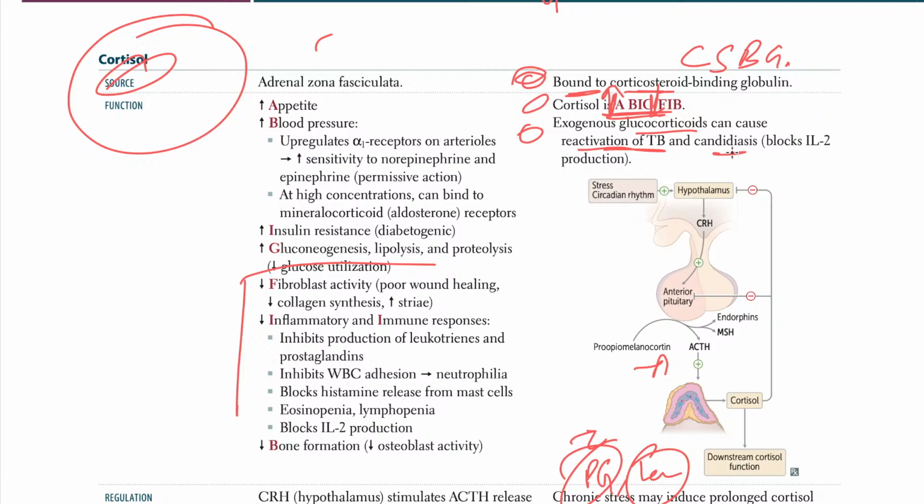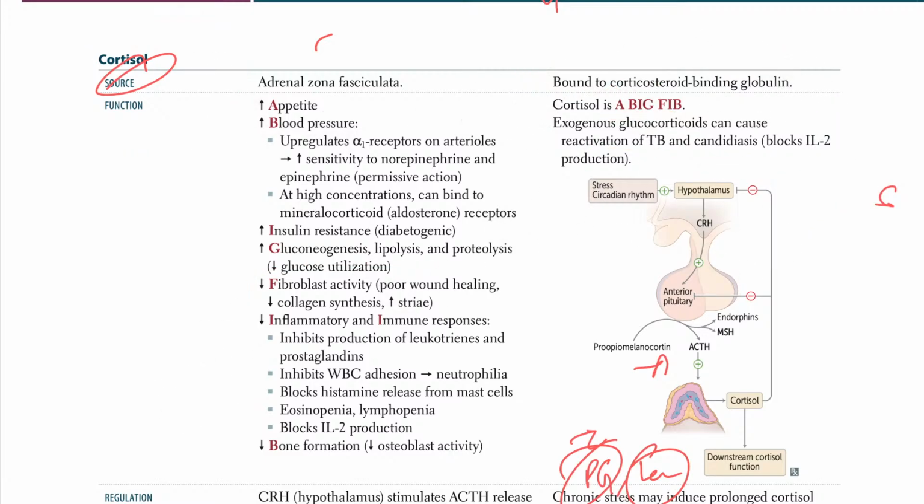Reactivation of tuberculosis and candidiasis, because exogenous glucocorticoid is also going to block that IL-2 production, and also TNF-alpha inhibition. So all of that will cause reduced interleukin-2 production, and also the TNF-alpha inhibitors, like for example infliximab, are going to do the same. So let's just write that TNF-alpha inhibitors. Okay, so now looking at how we have